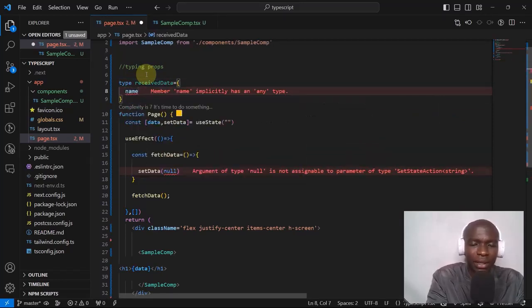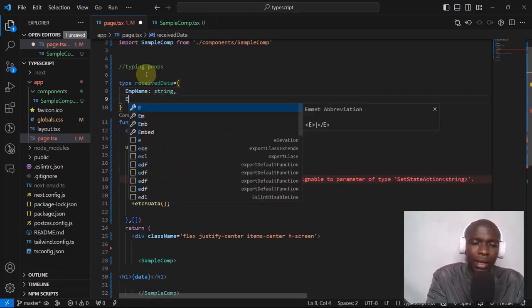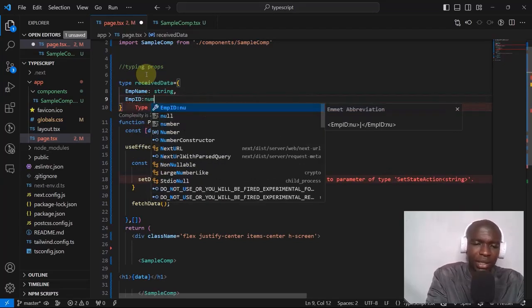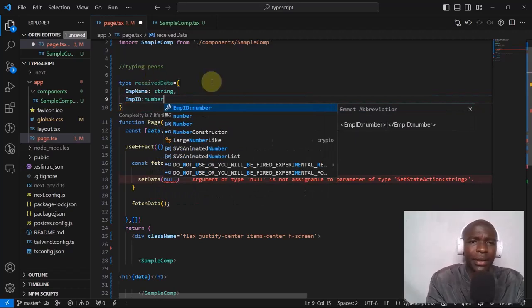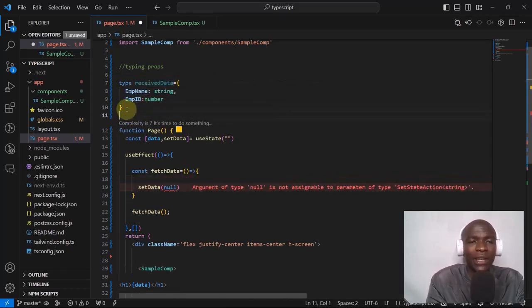Okay, we are just fetching the employee name. Let me just say empName. We are just fetching empName as a string, and empID, the employee ID, and that is all. Let me just make it a number. Okay, and that is it. As you can see, there are two possibilities. We can get this type or this shape of data from the API, but if there is a problem